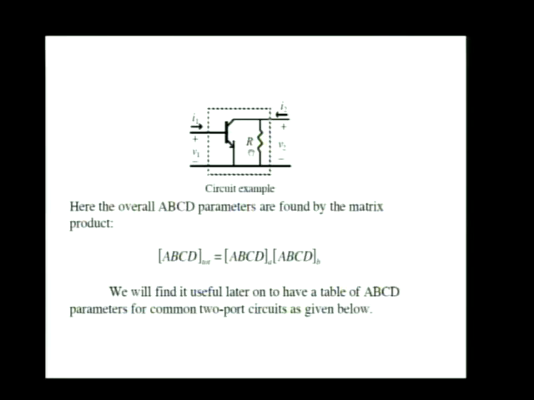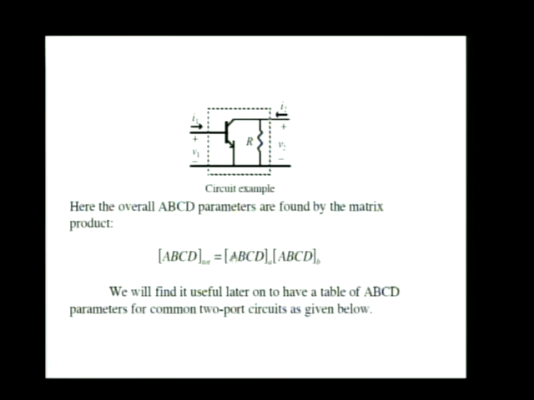And the overall circuit within the dotted box here has ABCD parameters, chain parameters, that are given by not the sum now, but actually the matrix product of the chain parameters of the transistor and the resistor, or in general, the matrix product of the ABCD parameters of two-port A times the ABCD parameters of two-port B. Note this is a matrix product, so that A of the overall cascade interconnection is equal to